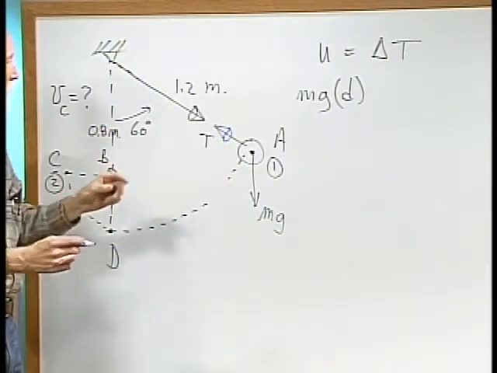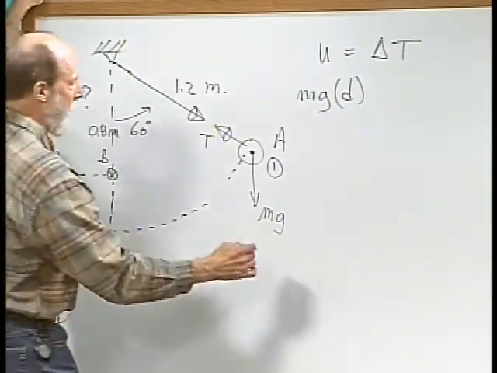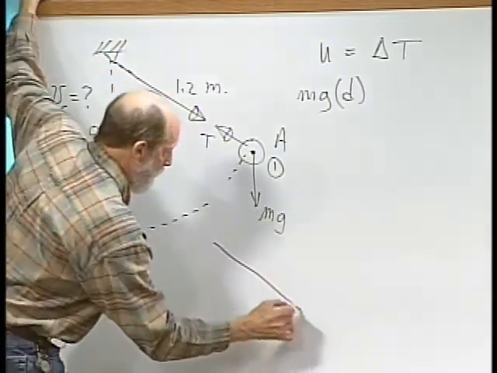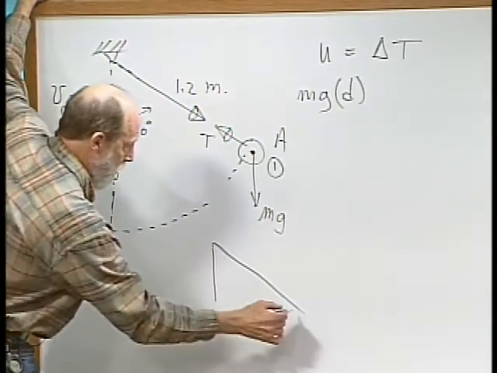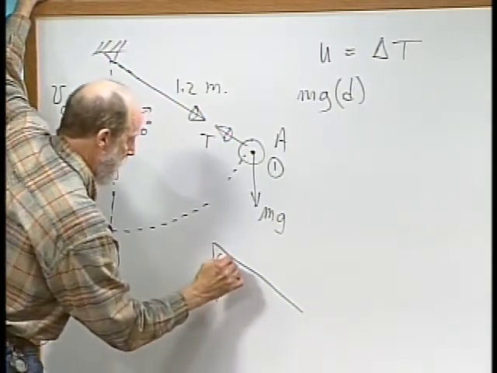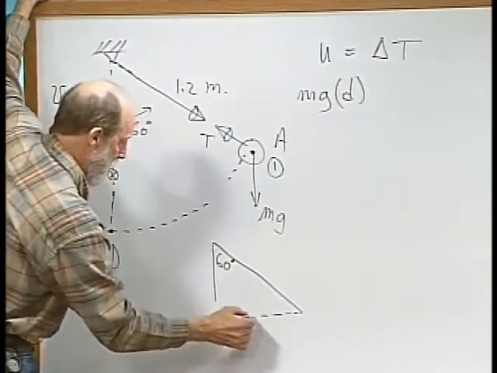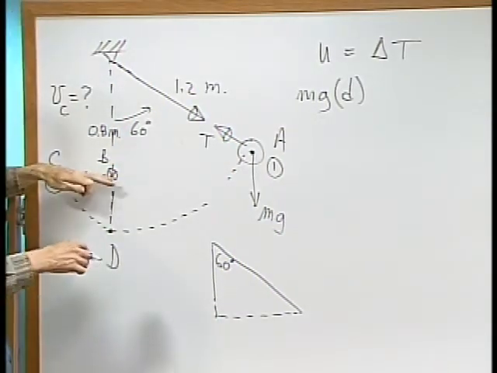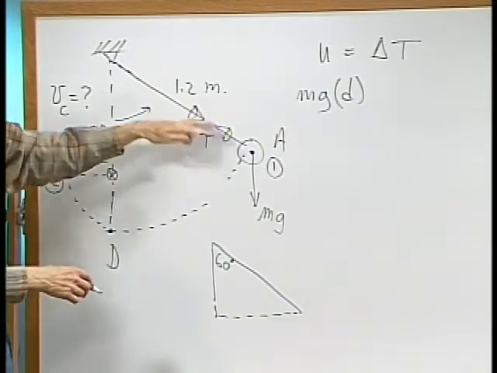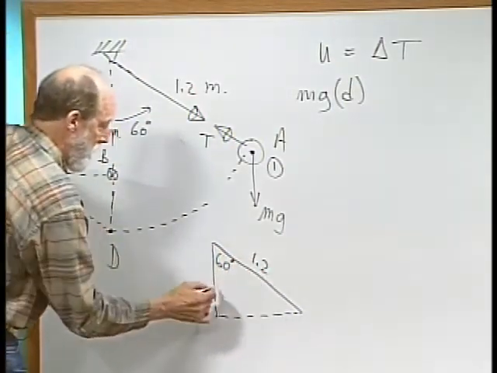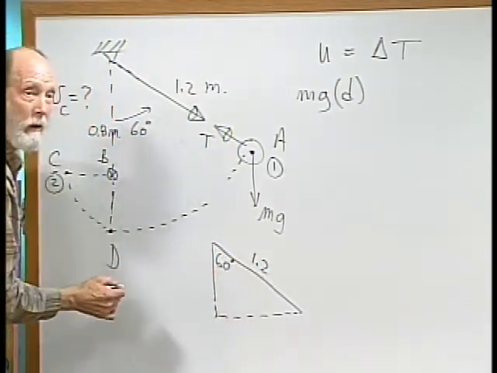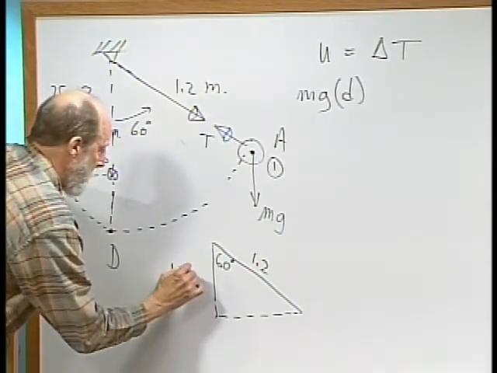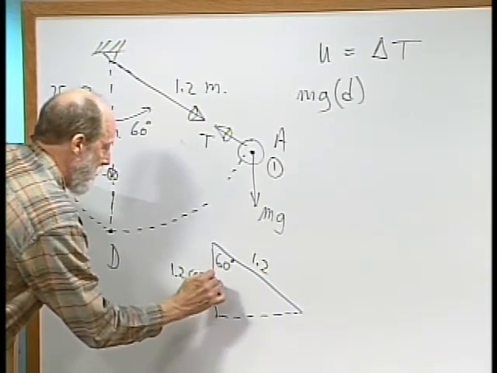So I think another little geometry sketch might be useful. So if we have this as 60 degrees, then the vertical motion for it to reach this level where B and C sit is going to be 1.2 cosine 60. So this is 1.2 cosine 60